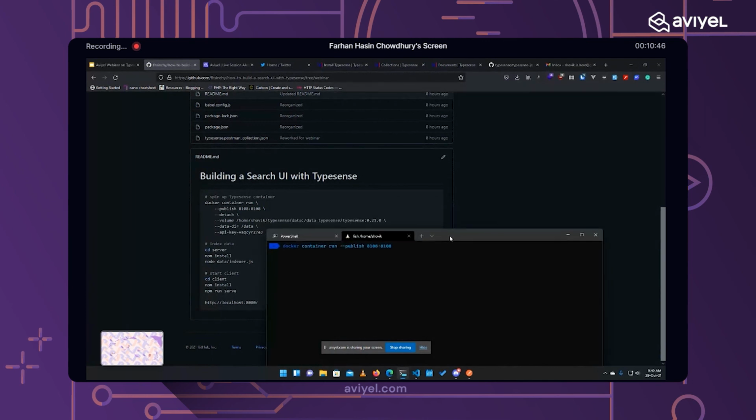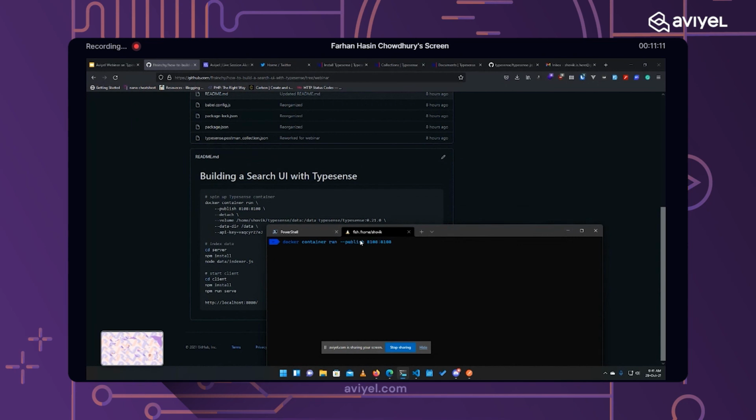So if you want to talk to TypeSense, you will have to talk to port 8108. The publish option to the docker container run command maps 8108 from inside the container to 8108 on my local machine, making the server accessible from outside the container. Otherwise, containers are completely isolated environments in Docker.